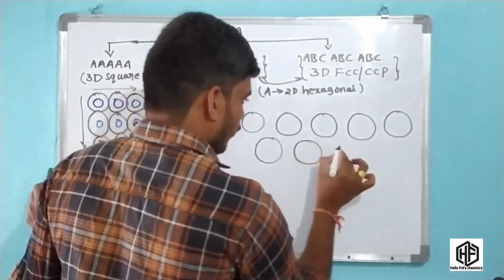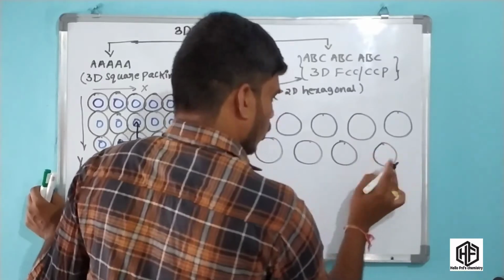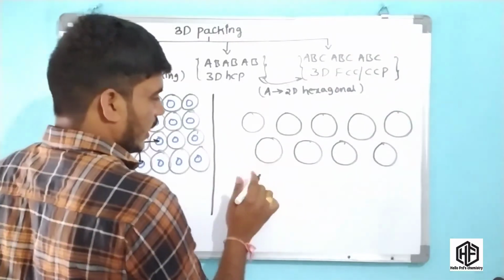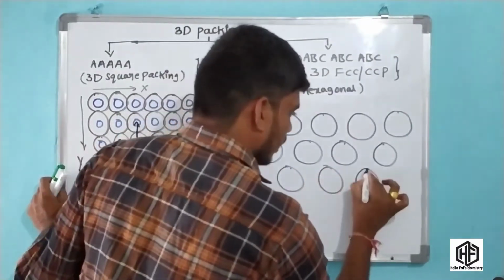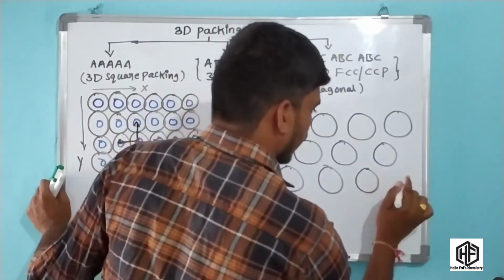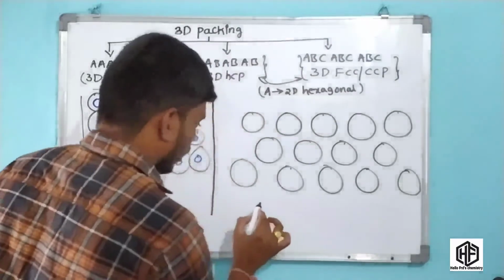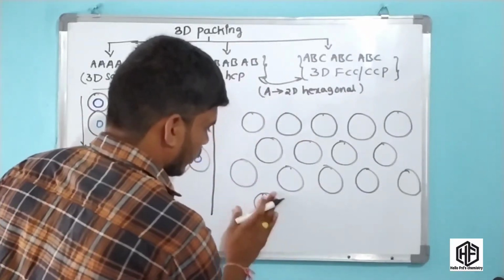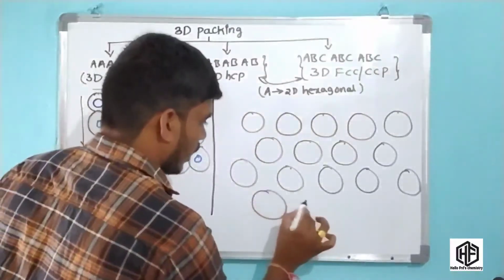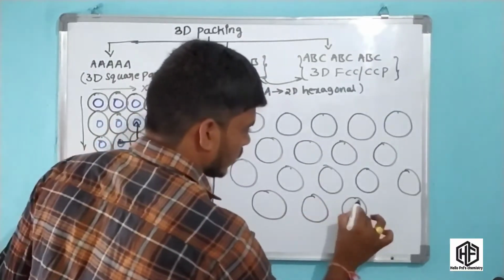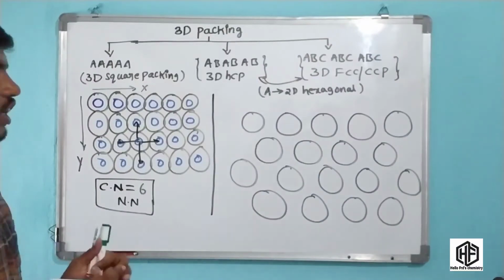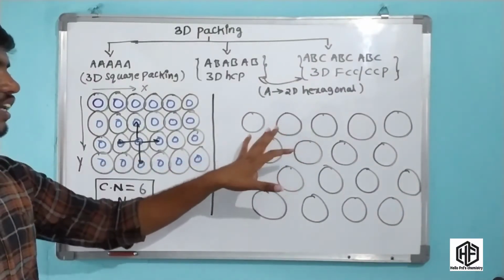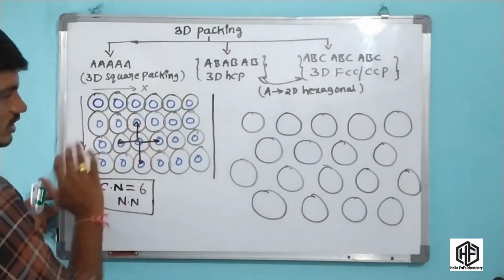Okay friends, in the y direction the atoms are arranged like this. This is the two-dimensional hexagonal close packing. The atoms are arranged like this, friends. These atoms are arranged over a long distance, because of which you will be able to understand the concept. Okay friends, this is the two-dimensional hexagonal close packing. The atoms are arranged like this. This is clear, friends.